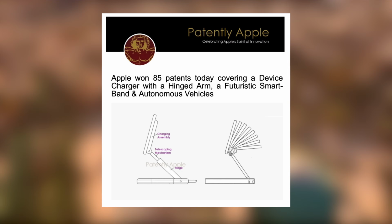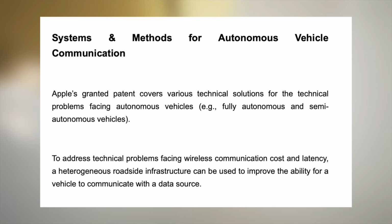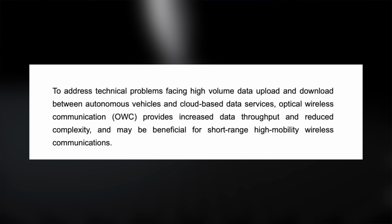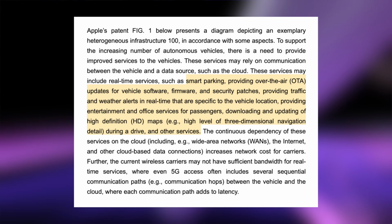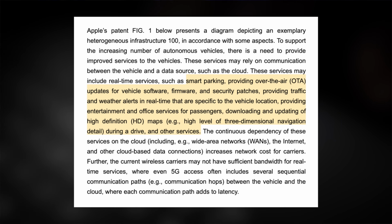I imagine whatever hinge mechanism this is could end up in something like that tabletop robot. But as you mentioned, this seems to be more related to just charging. But in this article, there are over 85 patents that Apple recently put together, and they mention a few others. And a few of them have to do with autonomous driving. So Apple's patent discusses a system designed to support autonomous vehicles by providing improved services through cloud communication. So it would include things like smart parking, over-the-air updates for vehicle software, real-time traffic and weather alerts, entertainment options,